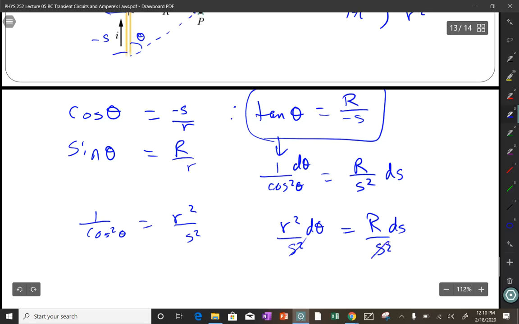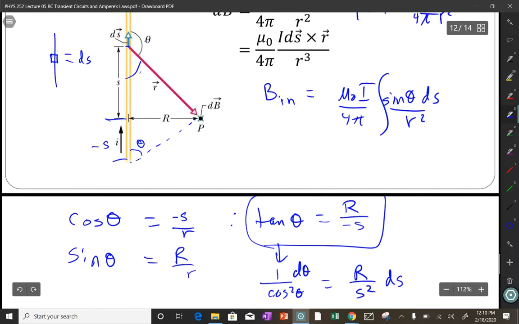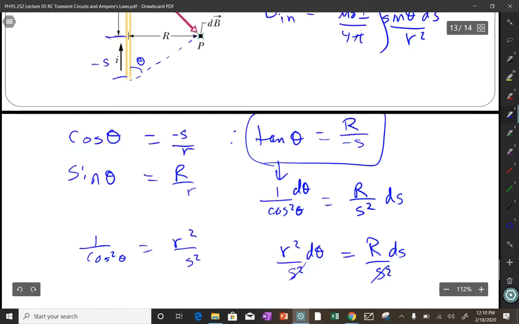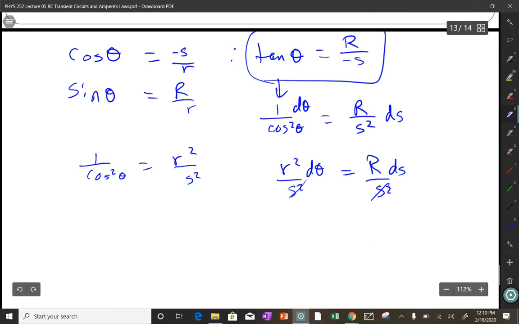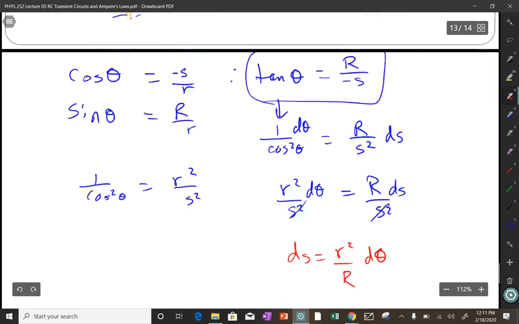Now I can cancel these s squareds, and I have R ds is equal to lowercase r squared d theta. That wasn't so simple. So I can replace ds. I'm going to change color here. ds is equal to r squared over capital R d theta. And if I put that in,